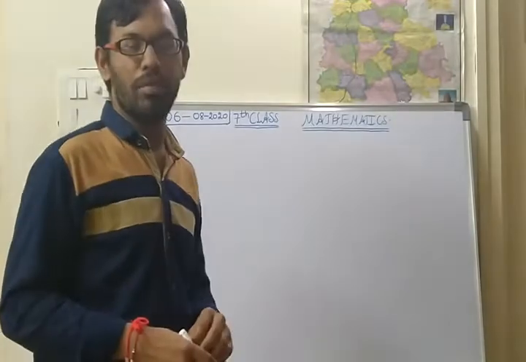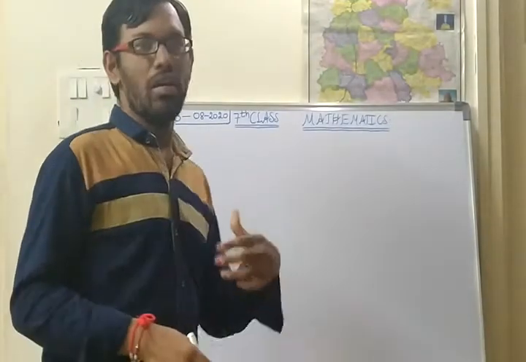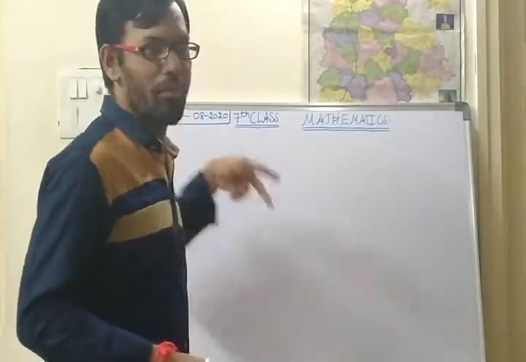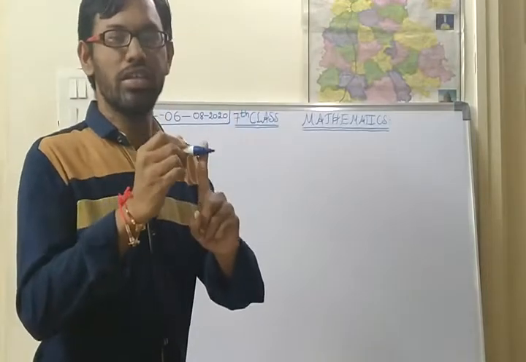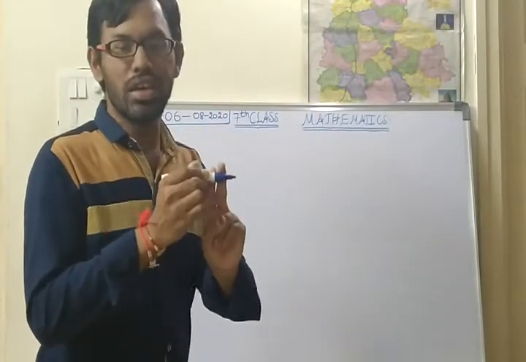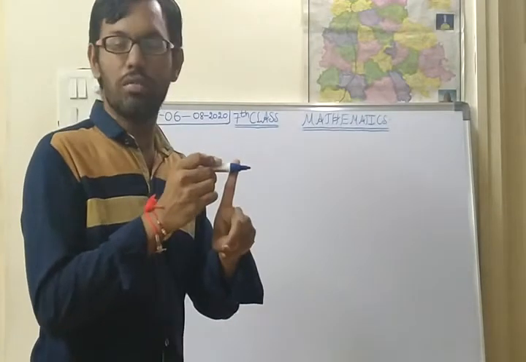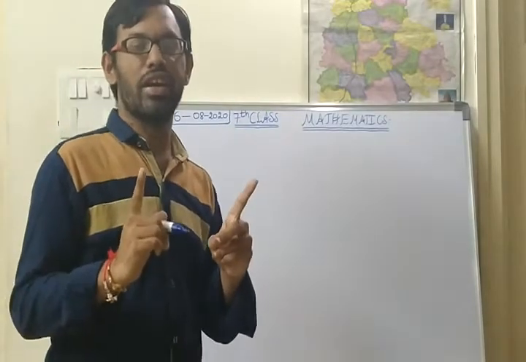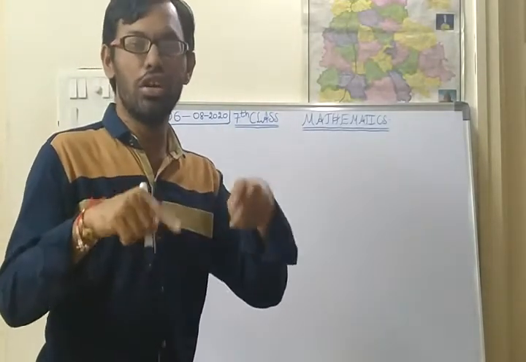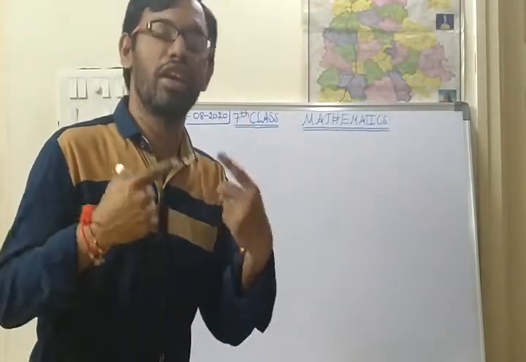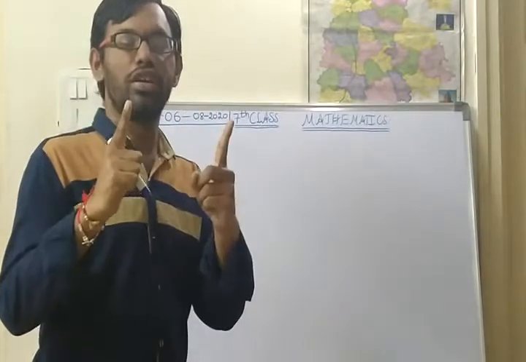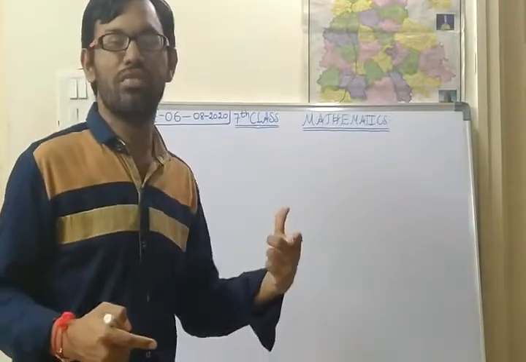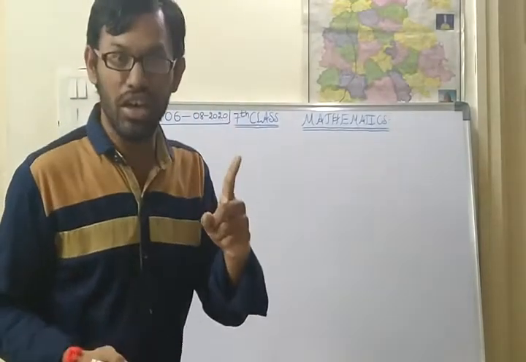So, in the previous class, we started the properties of integers. In the properties, we have completed two properties. What is the first one? The first one is the closure property, and the second one is the commutative property. What is the closure property? Closure property means if we take any two integers, the addition of two integers should also be an integer only, not any other number. Then that property will be satisfied for the integers under addition.